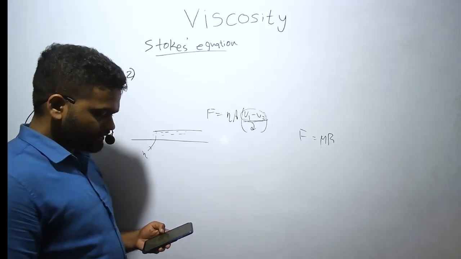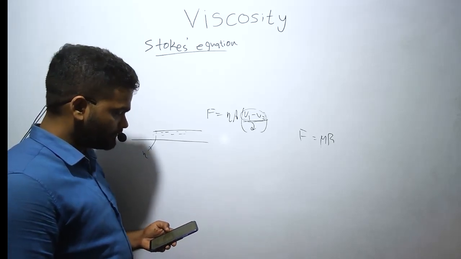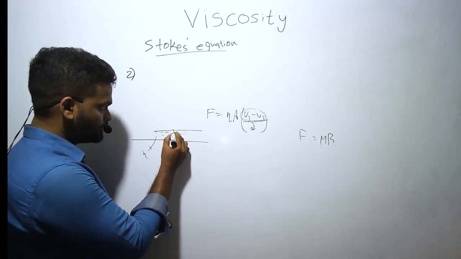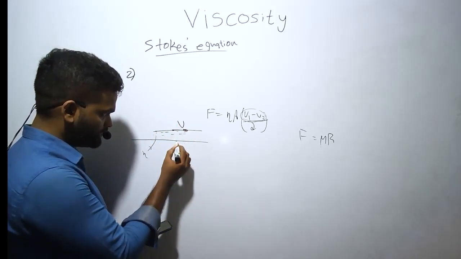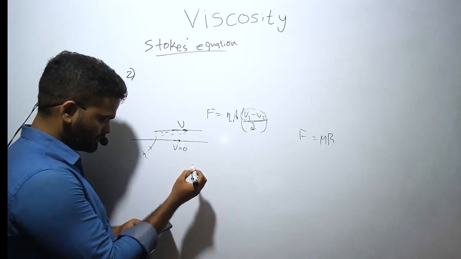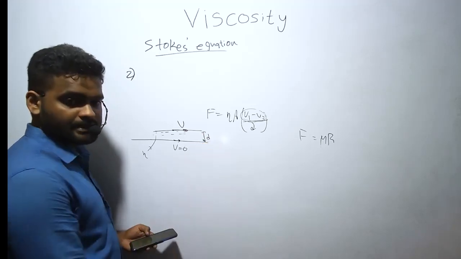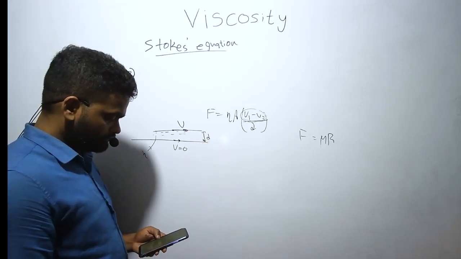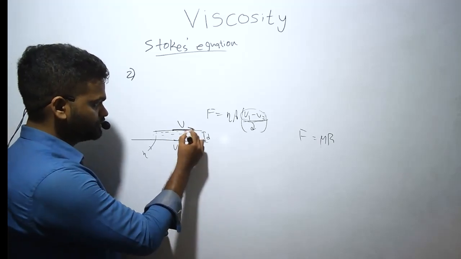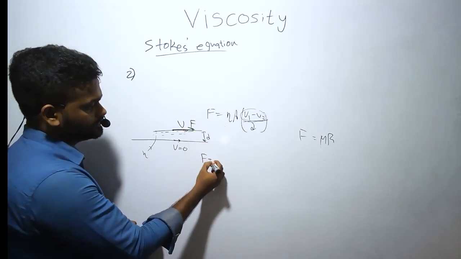When the top layer of liquid moves with velocity v, the top layer moves with v, and the bottom layer is at 0, right? And the bottom layer, they say, is at a depth d. Force on the top layer, in order to do this, force. So they're asking about this force, right? So eta,